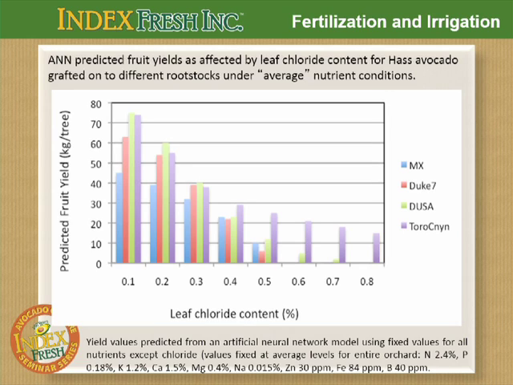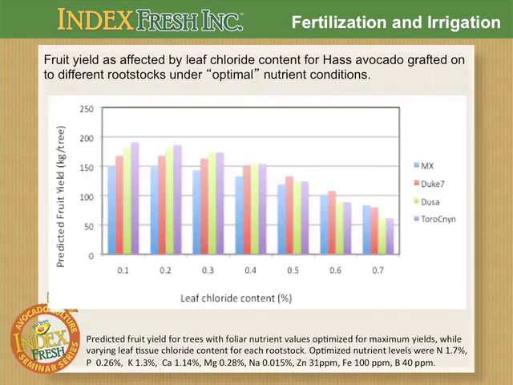What would happen if we went back in and adjusted those slide bars to maximize the yield, and then tried to see the effects of chloride again? It's the exact same plot, but in this case, we have brought the nitrogen down to 1.7%, brought the phosphorus up to 0.26%, and those are the main two switches that greatly improve the yield in